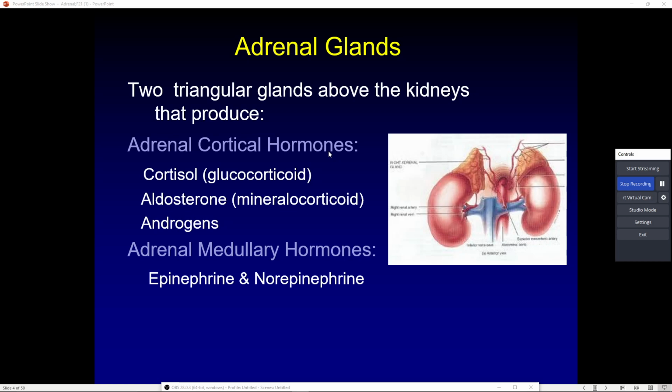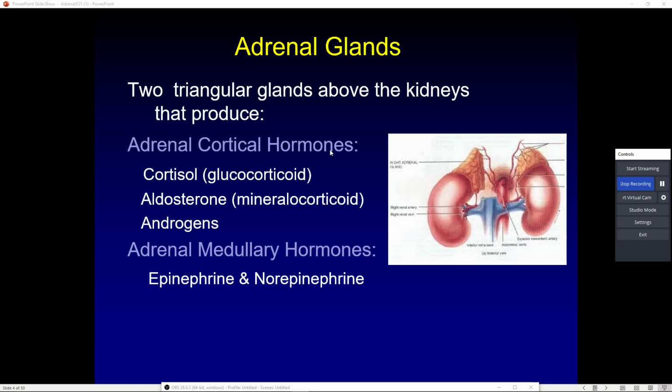Your adrenal glands are really important and responsible for the production and release of cortisol, also known as glucocorticoid, because it is a sugar-based steroid hormone. Aldosterone, incredibly important to regulation of blood pressure, fluid retention, and sodium retention, is also known as a mineralocorticoid. We have our androgens, our sex hormones. Think estrogen, think testosterone. And then we have the adrenal medulla, which is responsible for the release of epinephrine and norepinephrine. Once again, fight or flight, SNS versus PNS, increase of activation versus decrease or downregulation of activation.